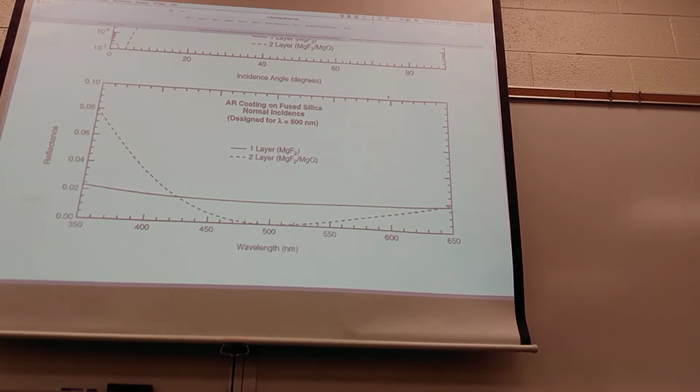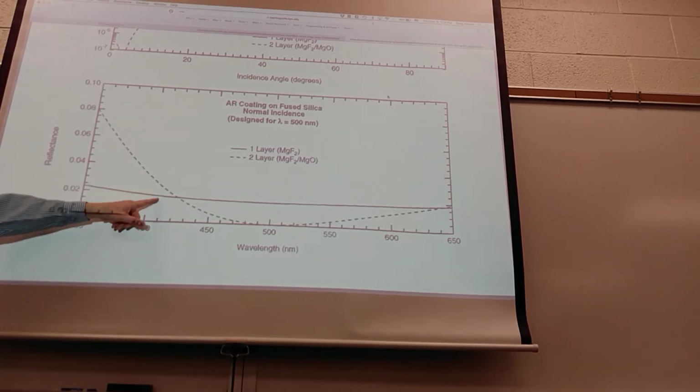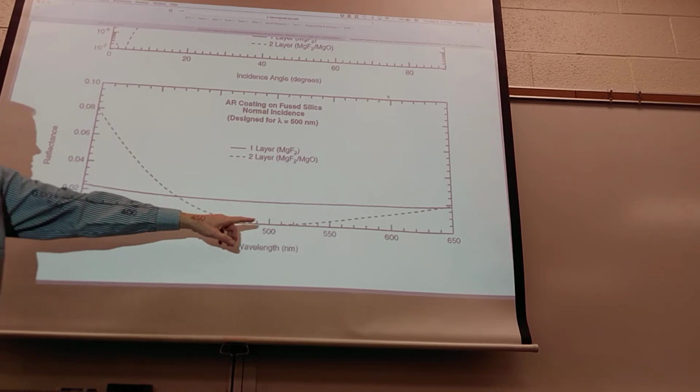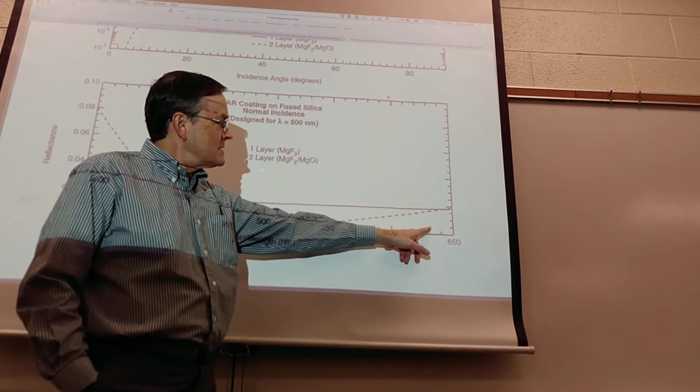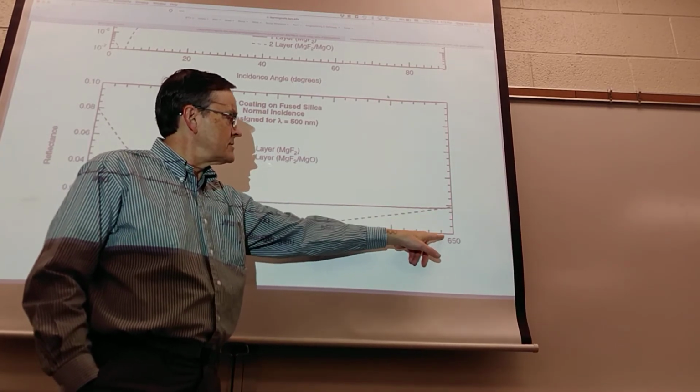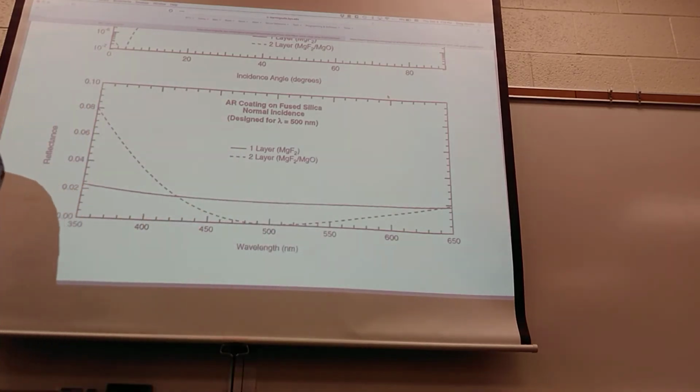So would this be like what we saw on people's glasses where it spikes up and that's quickly the low? Yep. Exactly. This is exactly what we saw. So if we have a good two-layer coating, then it's going to look kind of violet here. And then once we get past this, our eyes are starting to cut out in terms of their spectral responsivity. So, yeah, a good coating will look purple.